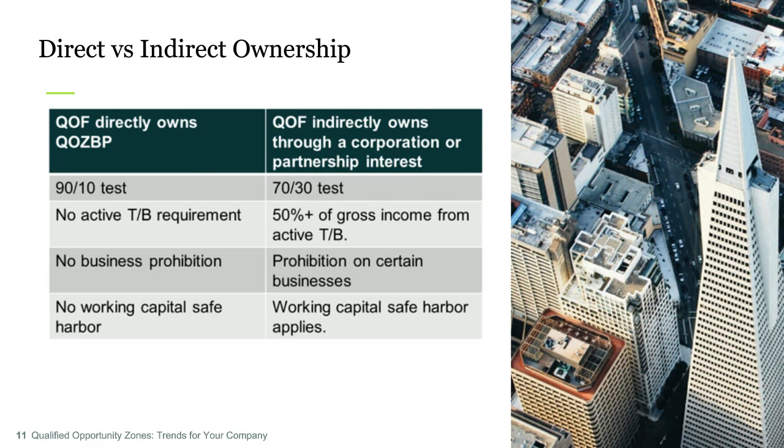If you do it directly, it's a 90-10 test, meaning 90% of your assets have to be invested in qualified opportunity zone business property. If you do it through a tiered entity structure, it's a 70-30 test, which means that only 70% of your assets have to be invested into the qualified opportunity zone